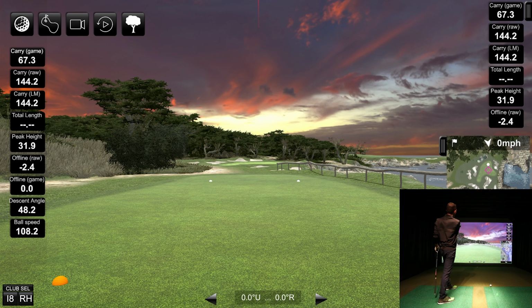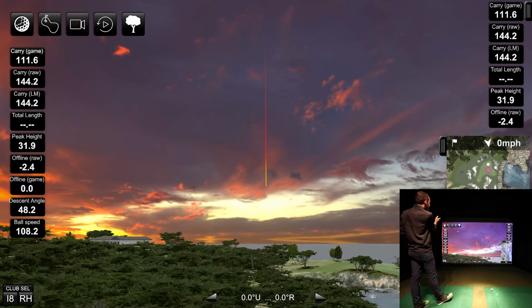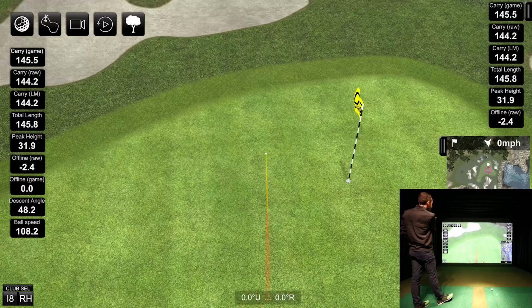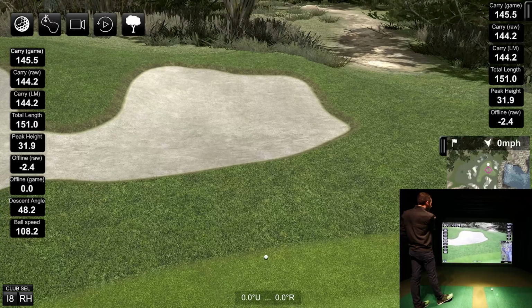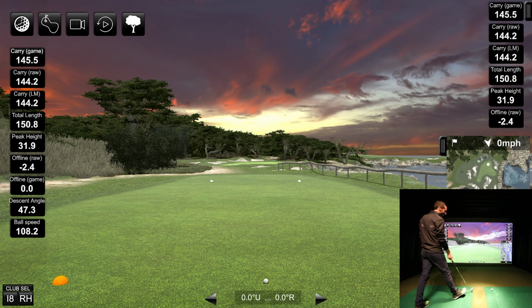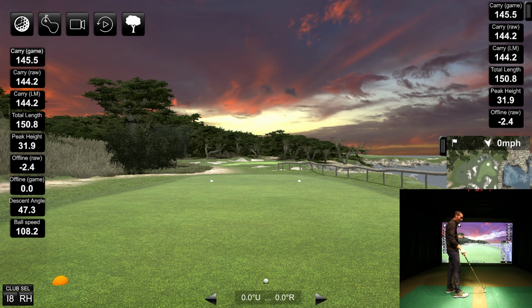Oh, that was a decent strike. I tried to put a little fade on it to take some off. Is it going to be too much? It's going to be a little too much. Oh, I tried to roll back a little bit. All right, so then you can just sit here and practice on your favorite hole, which I think is